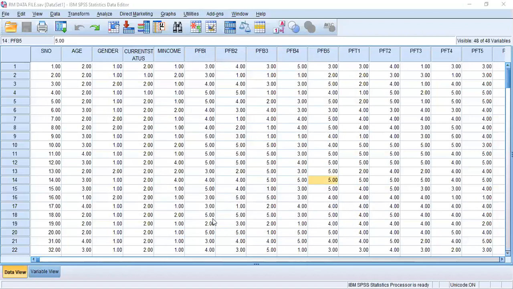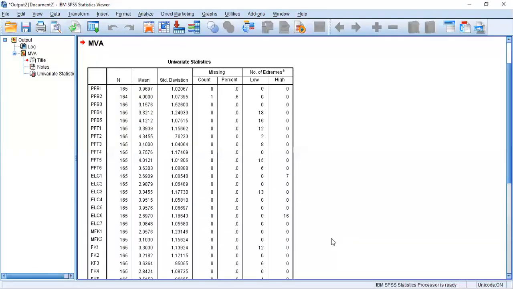Once you click, you get an output box. Let me share this output box with you. Now can you see the screen, this output box? You see in PFB2, which is a variable item, parental financial behavior, item number 2, you can see one missing value, right?